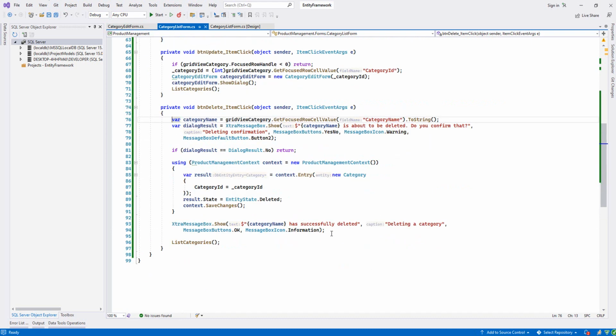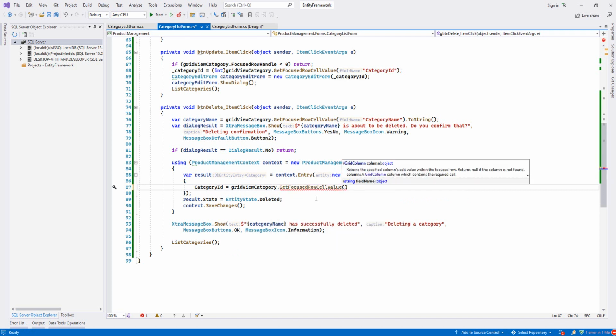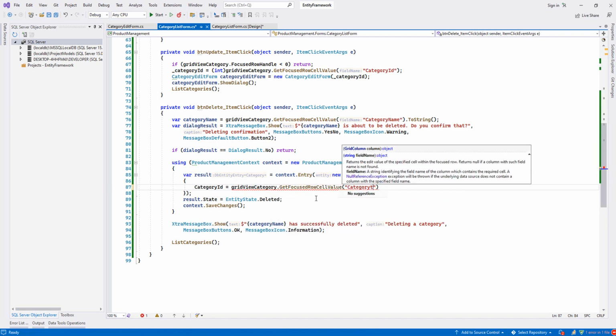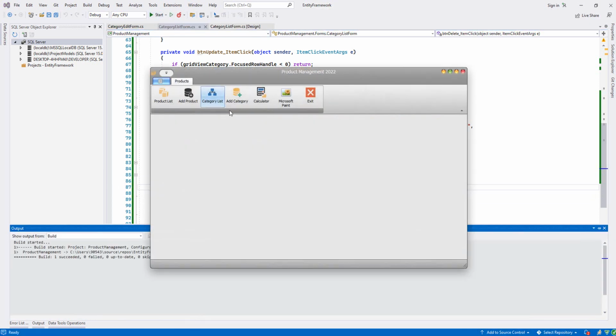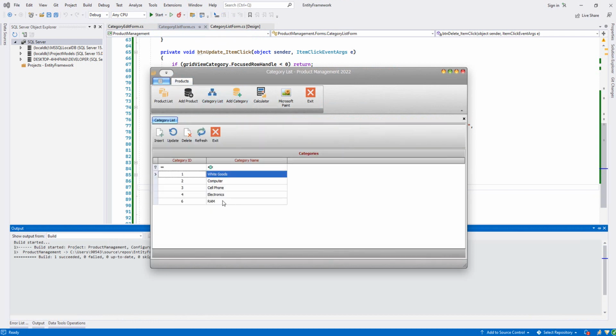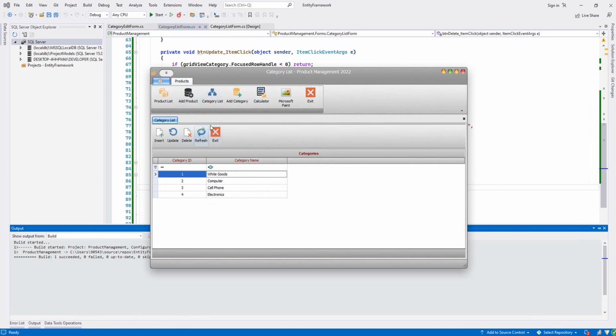Let's come here. Let's say, and then get focused row cell value, and you say category ID. Then we convert to integer. This is what. Let's try like this. As you see that it deleted. Now we are done with categories,